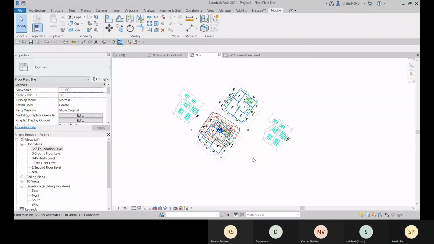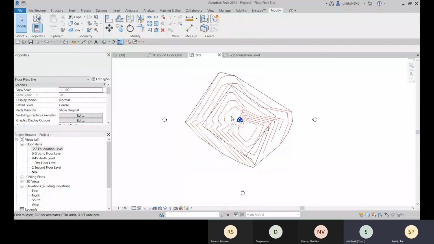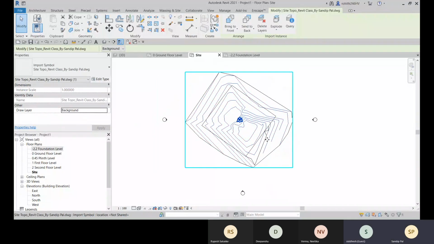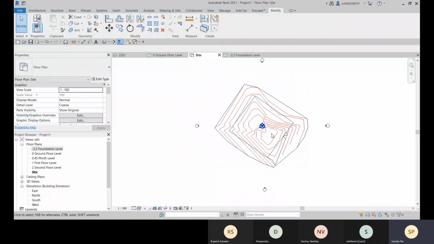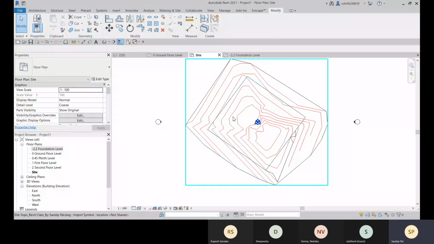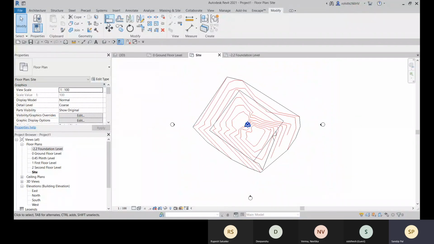Sir, just a second. Let me hide this element. And here you see this is the site, and as per this, you need to align the plan. You need to fit it within this building pad where your building will be placed. So accordingly, you need to align.